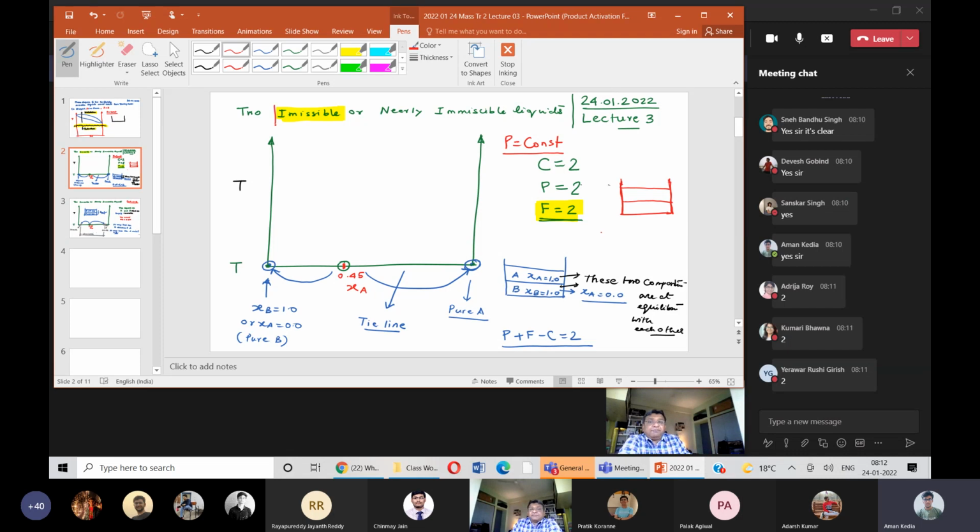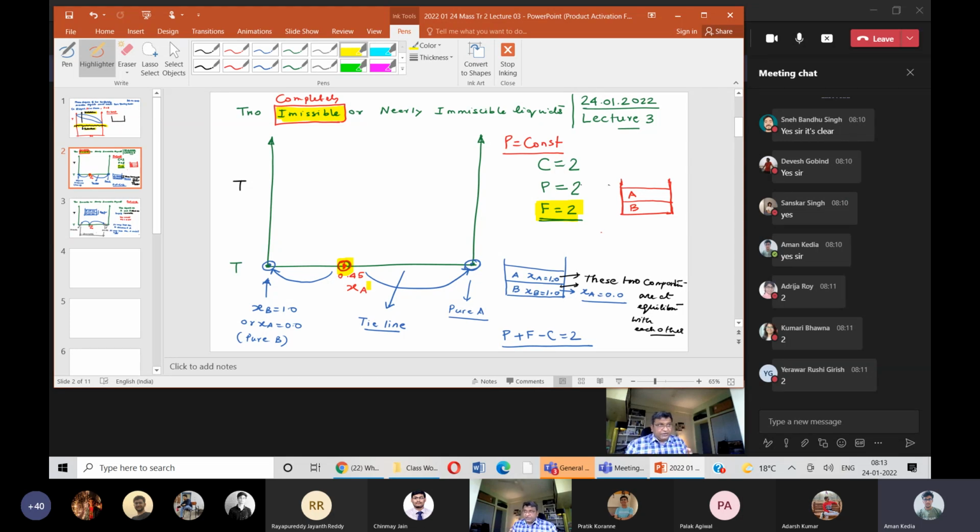But if they're completely immiscible, theoretically, we will have 2 pure phases, A and B, right? So what is this point? This is very, very important. This point mathematically represents the overall mixture composition. But once you mix them, shake them, centrifuge it, disperse it, or whatever you do, and let the system equilibrate, what is going to happen?